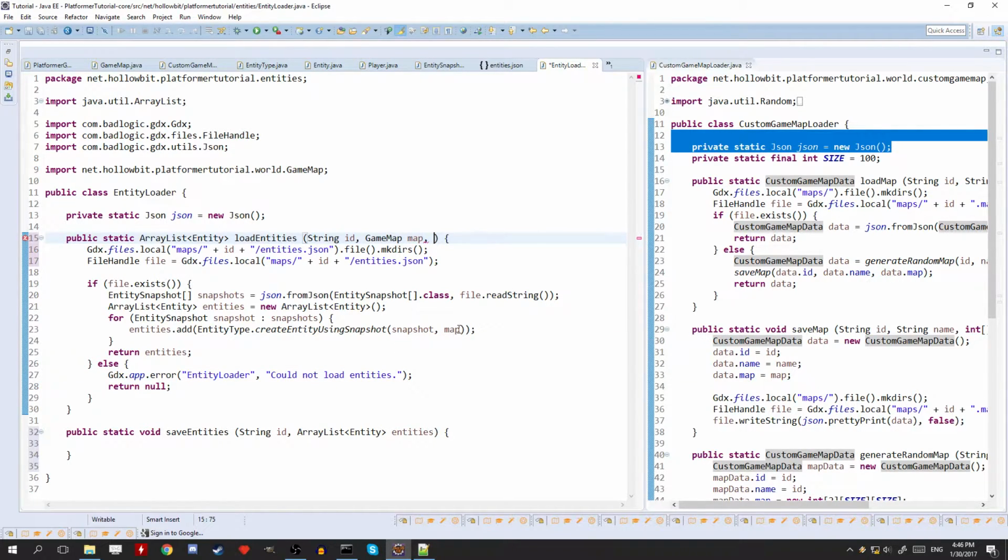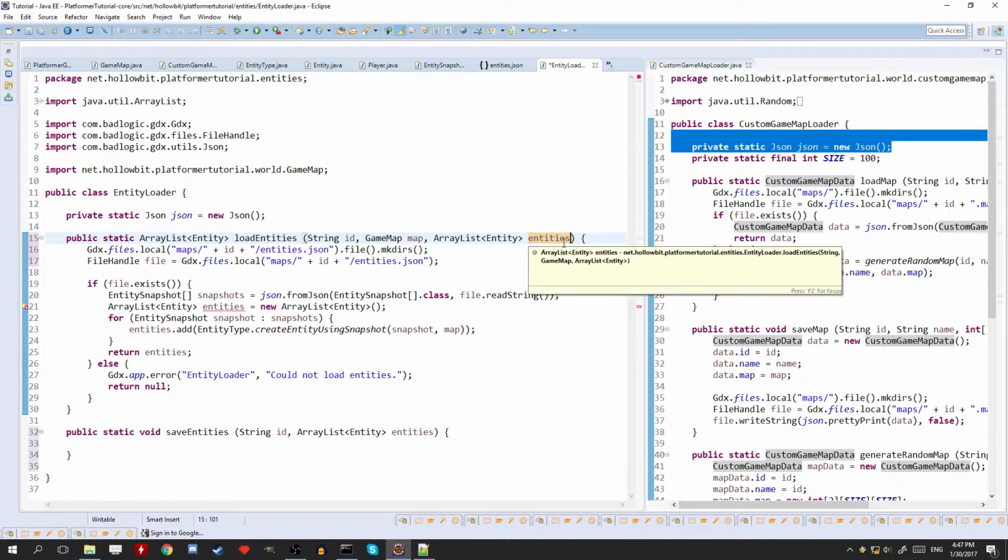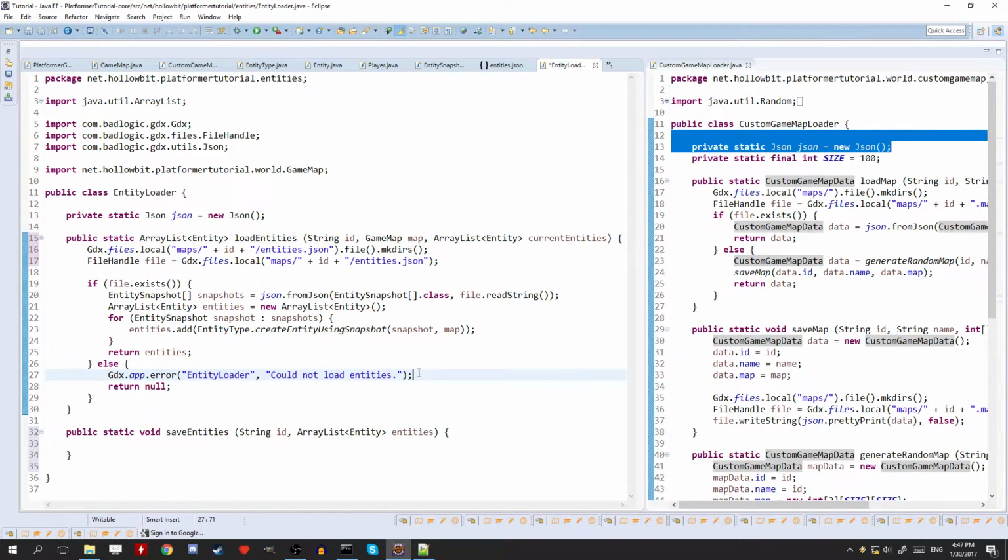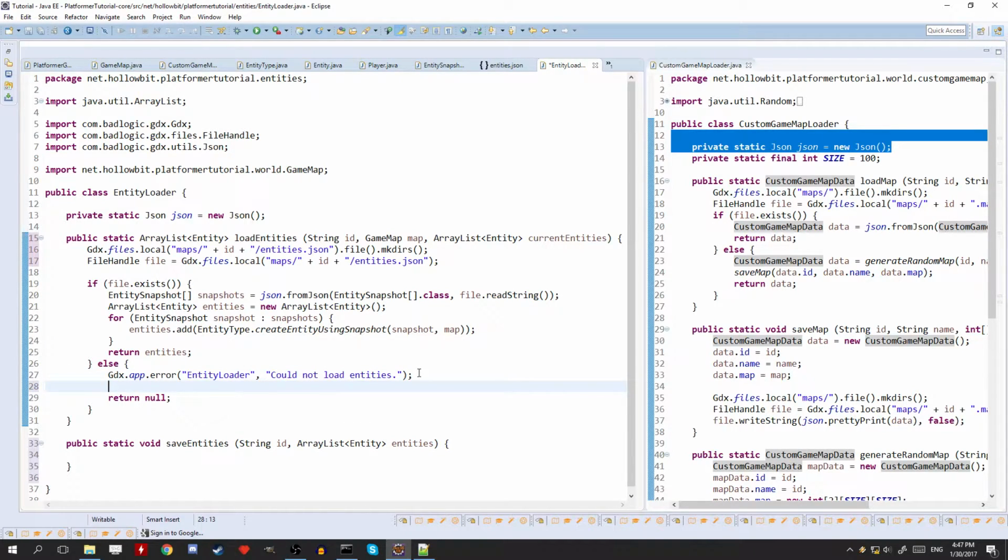And we actually should get in an array list of entities here, so let's do that. There's a lot involved in this. Okay, so just in case the map wasn't loaded, we're going to basically save an entities JSON file for the